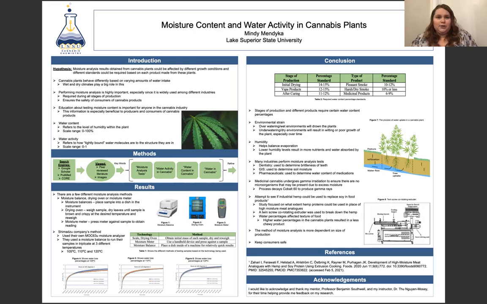Many industries do use moisture analysis. Dentistry, they use it to test the brittleness of teeth. GIS uses it to determine soil moisture, and pharmaceuticals use it to test the moisture content in their medications. Medicinal cannabis does undergo gamma irradiation, which is to ensure that there are no microorganisms that could be present due to excess moisture. This process involves cobalt 60, which decays and then produces the gamma rays, which are used to